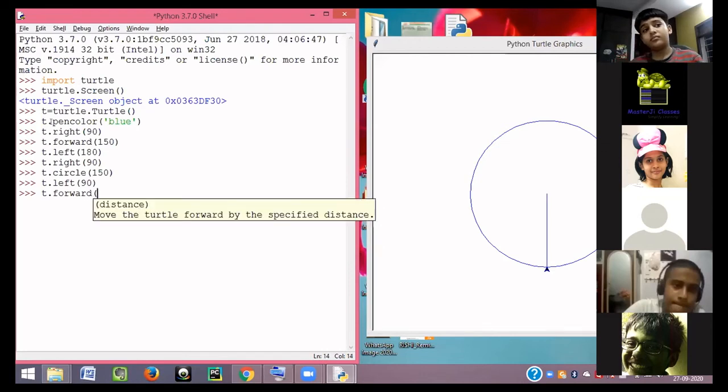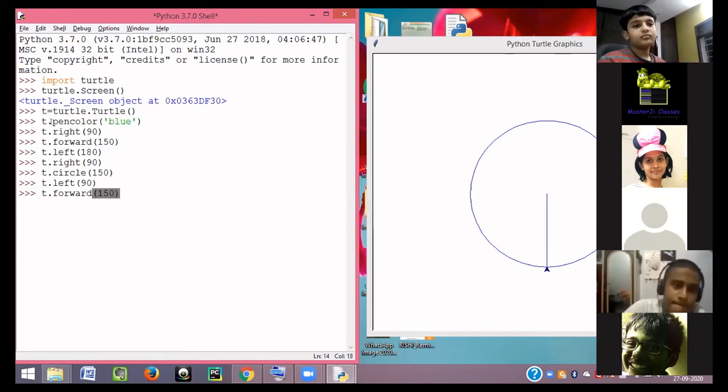See, once you know the commands, you have to keep in mind where your arrow should be pointing, in which direction you have to move your arrow in order to make whatever design, whatever animation comes to your mind. Okay. T dot right again.